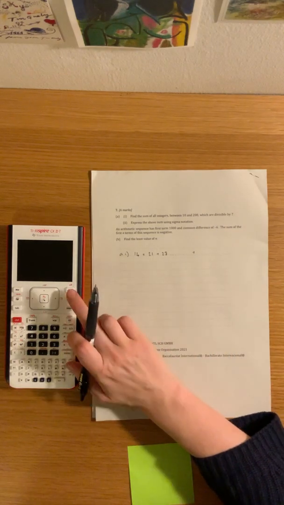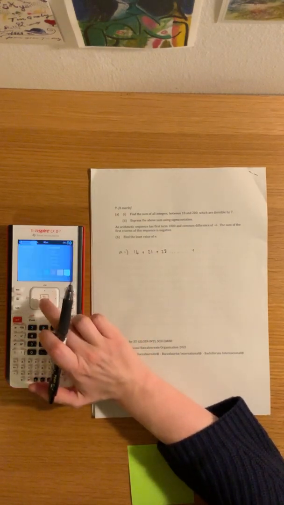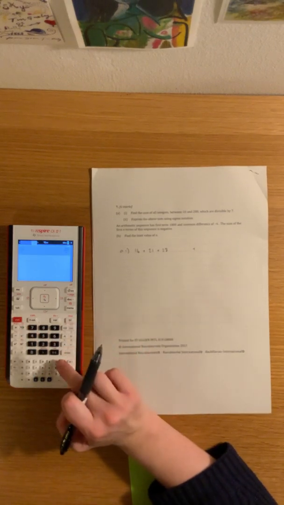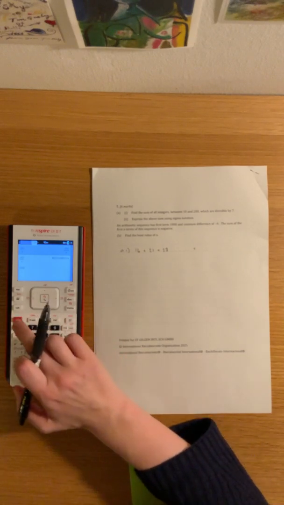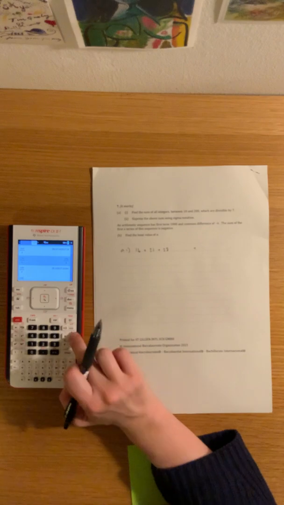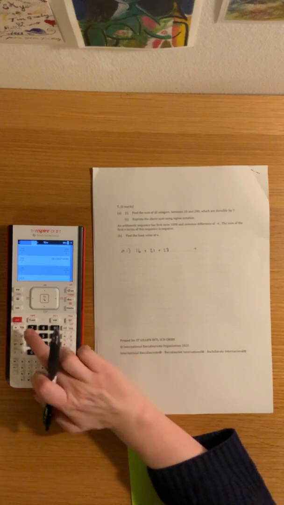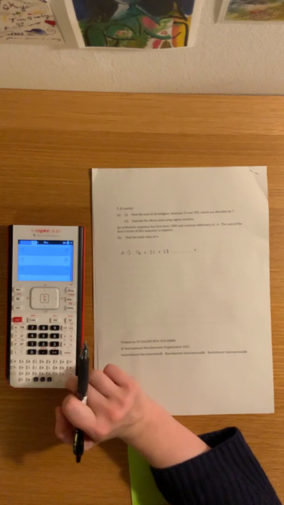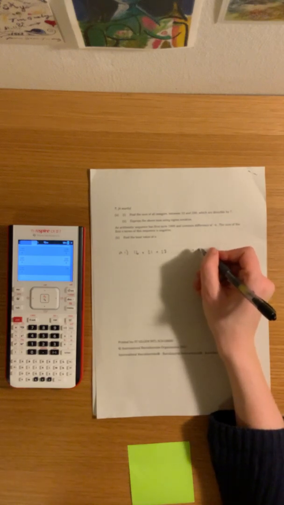I'm not sure. So I'm just going to double check that. Let me go back to calculate. There we go. And I'm going to try, can I divide 200 by 7? It doesn't look like it. No, that's a decimal answer. Let me try 199 divided by 7 then. Nope. 198 divided by 7. That gives me a fraction, probably not. 197 divided by 7. Nope. 196 divided by 7. Yes, then it gives me the answer 28. So I know my final number in this list is going to be